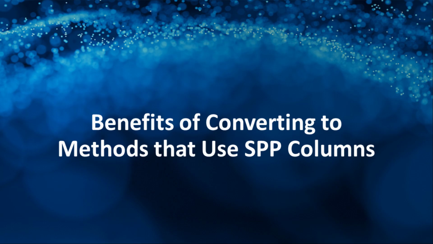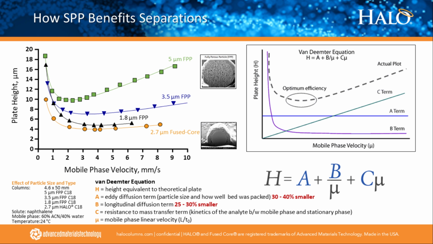So now let's look at the benefits of converting to methods that use SPP columns. Just to begin, we need to look at the basic Van Deemter equation, and this is really how SPP benefits separations in terms of speed and efficiency. So here we have the plate height in microns on the y-axis versus mobile phase velocity in millimeters per second on the x-axis. And working our way down from the green trace, which is a 5 micron FPP particle,